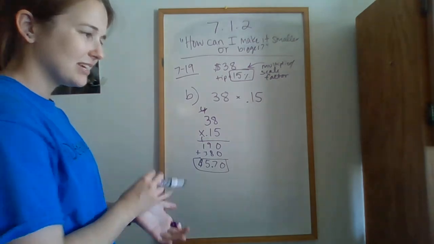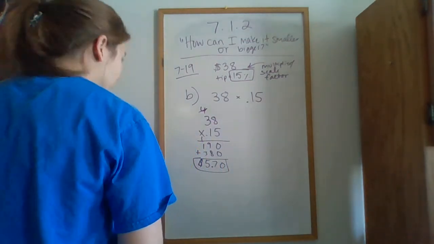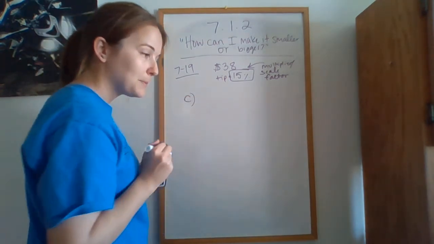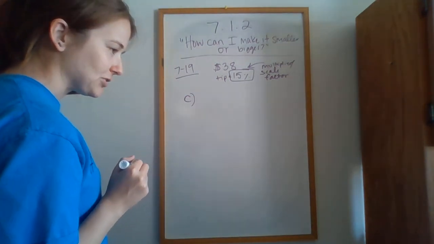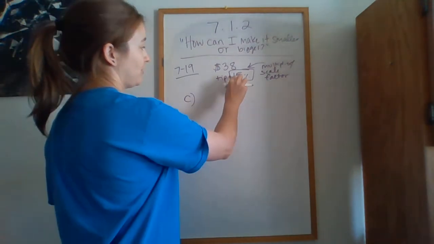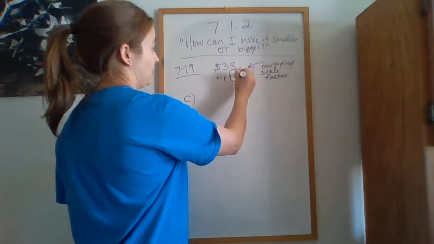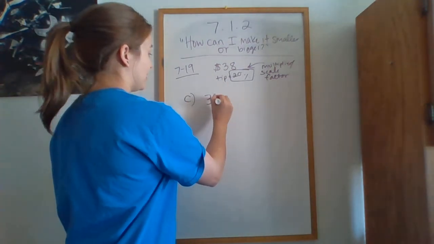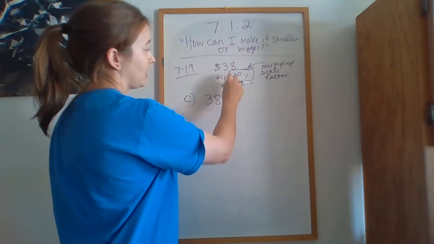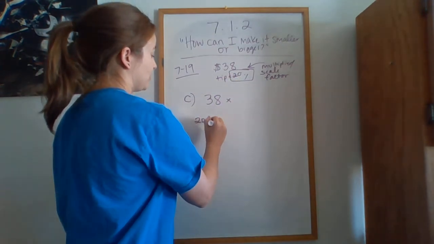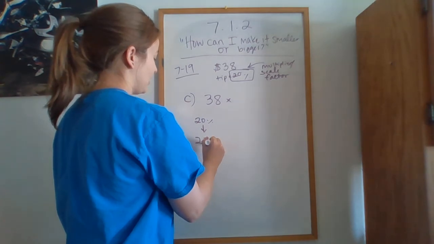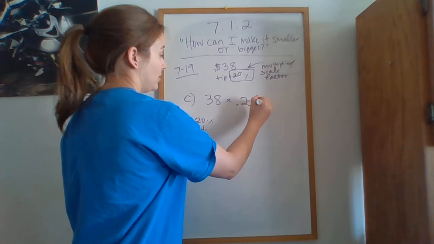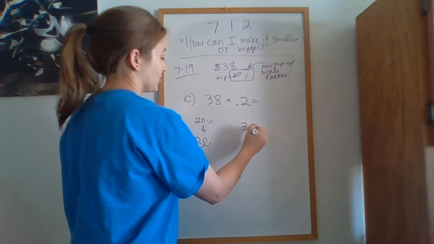Part C says, I guess I'll erase it. Part C says, if she changes her mind and wants to leave a 20% tip, so instead of 15, she does 20%, how much will this be? So same idea, 38 times, and then we know that to change 20% to a decimal, we take 20, move the decimal over twice, so it becomes 0.20 or just 0.2, equals,